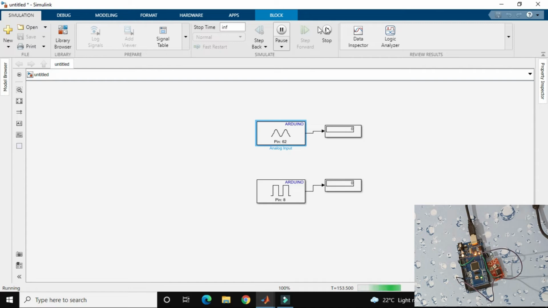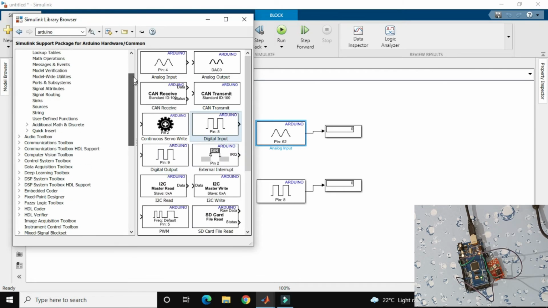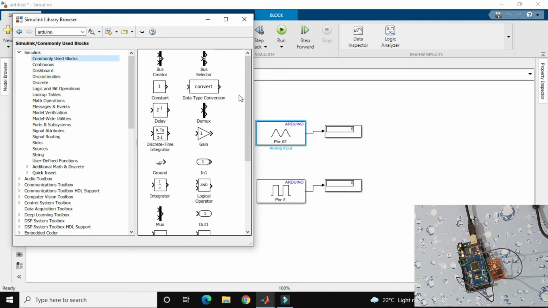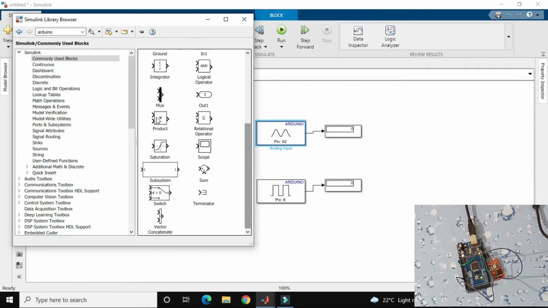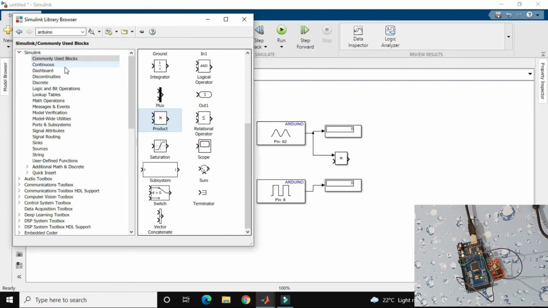So I connect this also. I go to the library, in mathematics, or you can say in the commonly used blocks. I use a multiplier, or you can say a product. I want to multiply it by 5 divided by 1024.